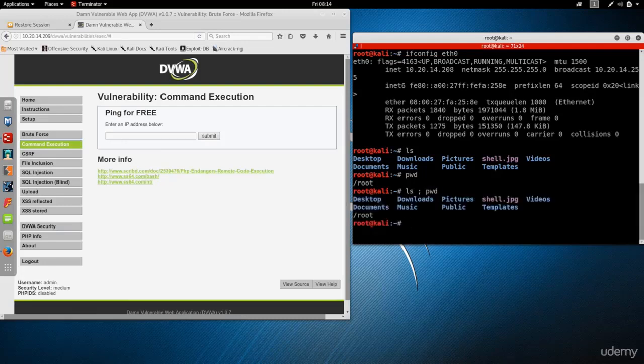And that will do both. It will do the ls and the pwd. So the method that used to work for us doesn't work anymore because they're probably filtering based on this specific character. So what we're going to do is use something else available for us in the Unix commands, which is